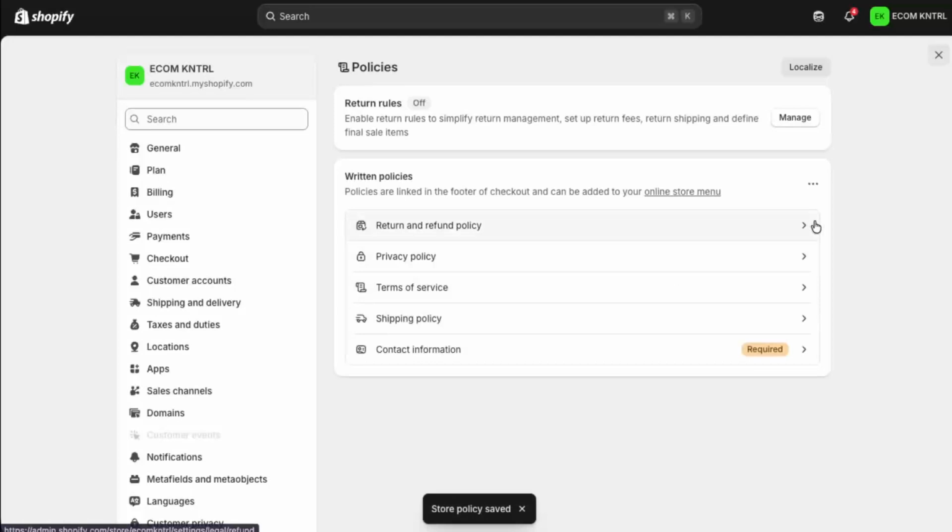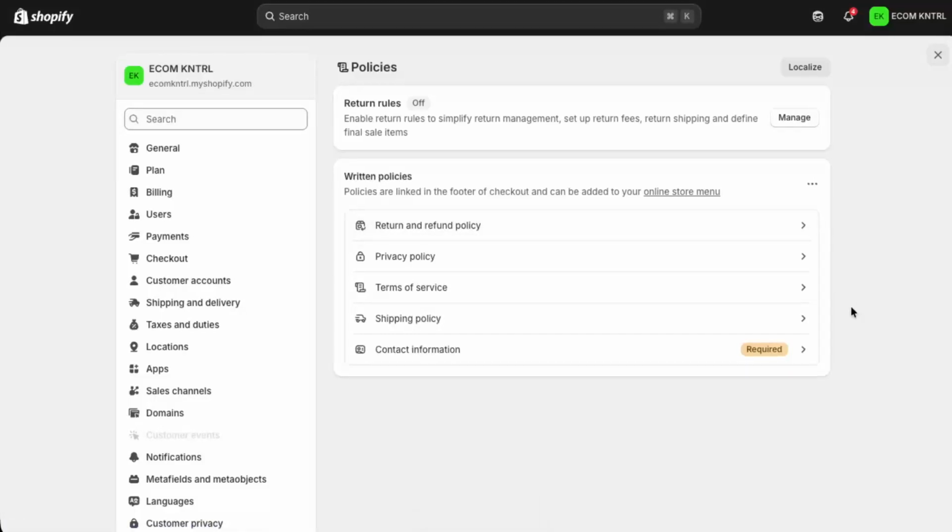Shopify will now automatically turn this policy into a proper legal page and link it in the right places, such as your checkout and footer, depending on your theme settings. You can repeat the same process for other legal pages